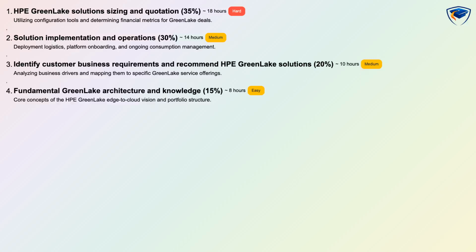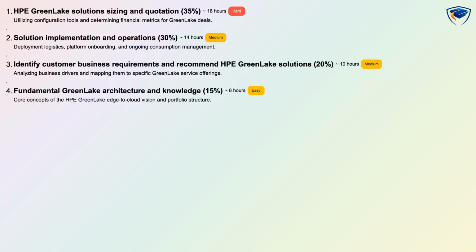Together these domains represent about 50 hours of estimated learning time across practical and conceptual assessments, with hands-on work emphasized in the sizing and quotation domain and scenario-based tasks throughout. By the end you should be able to size and quote, deploy and operate, map customer needs to services, and